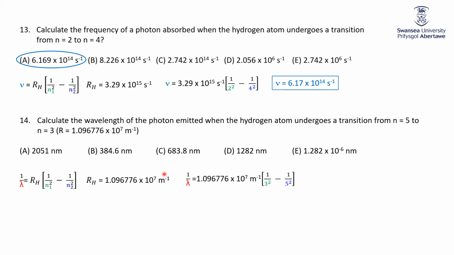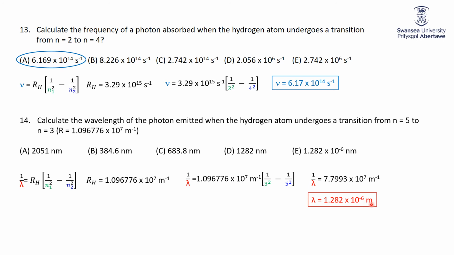1 over wavelength is 1.09676 times 1 over 3 squared minus 1 over 5 squared. Again, I'm putting this smaller number there first to guarantee that this gives me a positive number. Punch that in on the calculator. 1 over lambda is 7.7993 times 10 to the 7 per meter, which is 1.282 times 10 to the minus